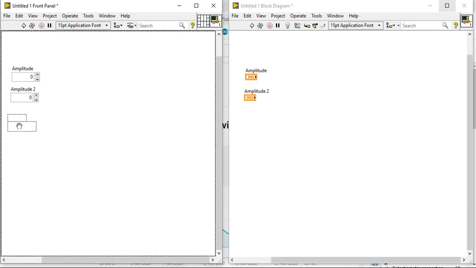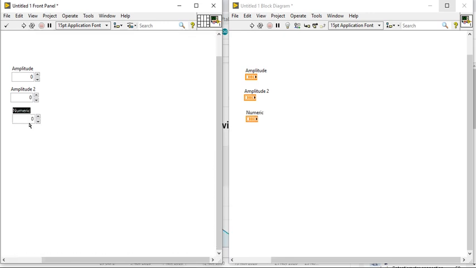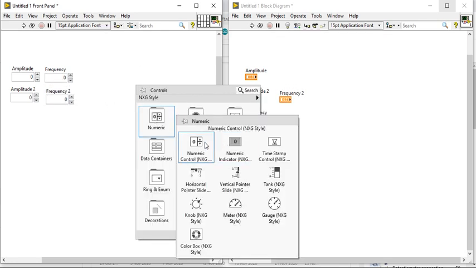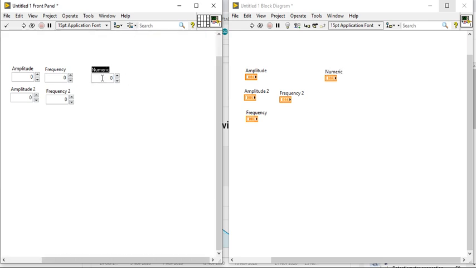After that we need frequency, then we need initial phase.